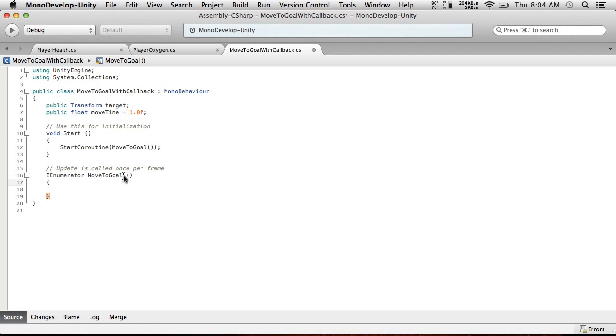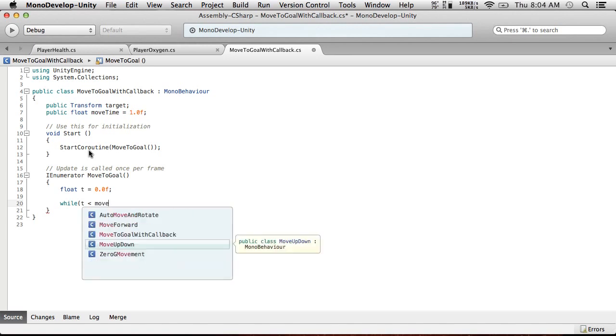We've done this many, many times on the main show, and probably a few times on Breakfast with Unity as well, but I'll go over it real briefly here. So when you're in an IEnumerator, you can get out of it with yield return null, and you will be back to where you were when you started running. So we want to basically run this a frame at a time. And so we're going to set up a time variable, float t equals 0.0f, and count forward. While t is less than move time,